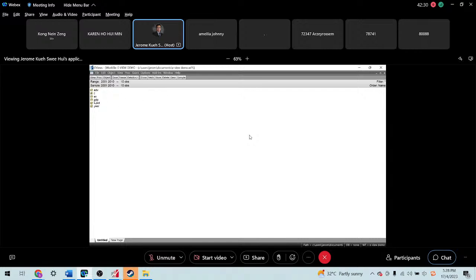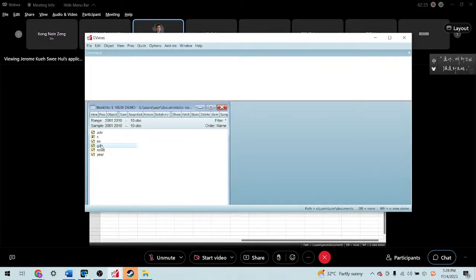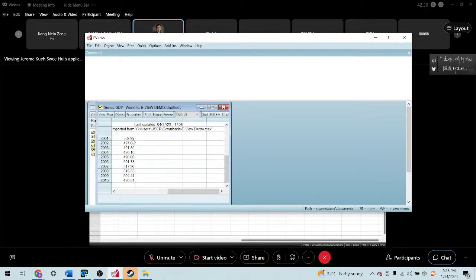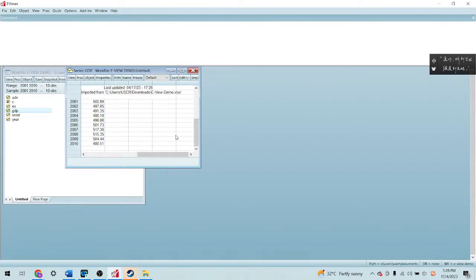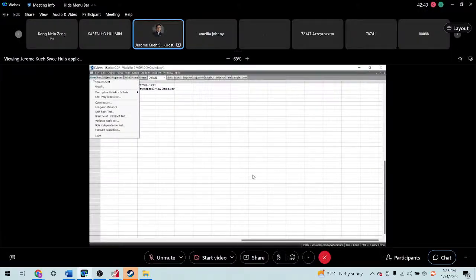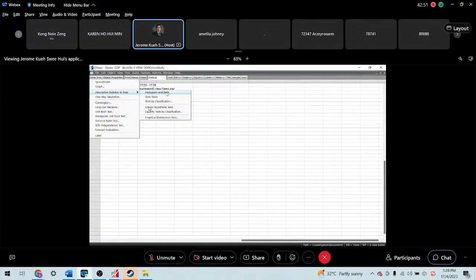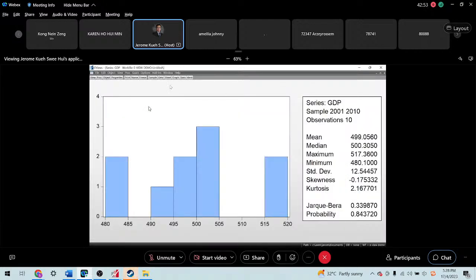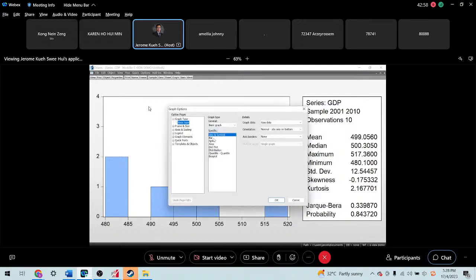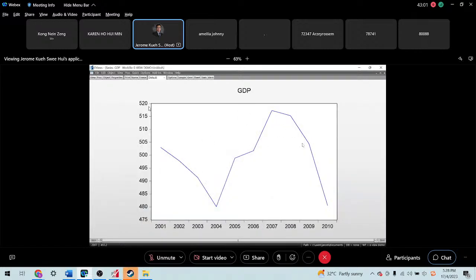So now, let's say, for example, that you want to click the GDP. You just click one variable, GDP. It's just like the other analysis you can see here. After you click one variable, click the views, then you can see descriptive statistics, even the histogram. So everything is here. We can do the graph, for example, line. So the graph, everything is here. So EViews can do these graphical illustrations for you.